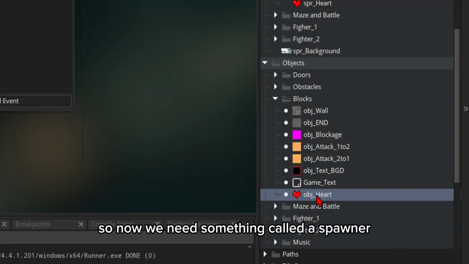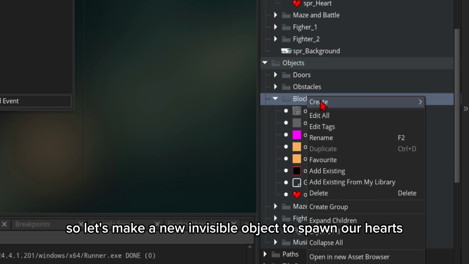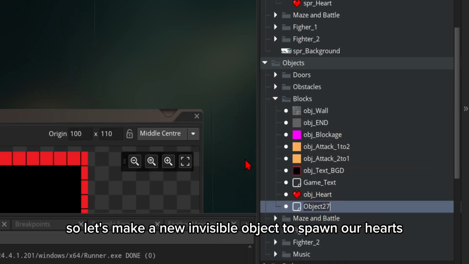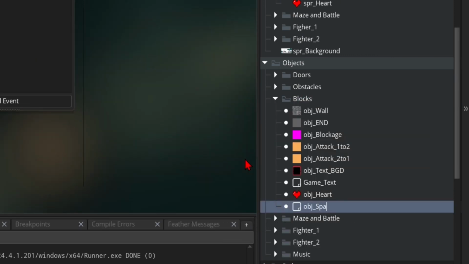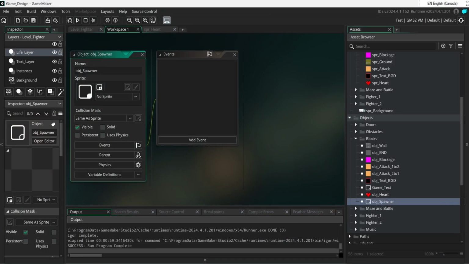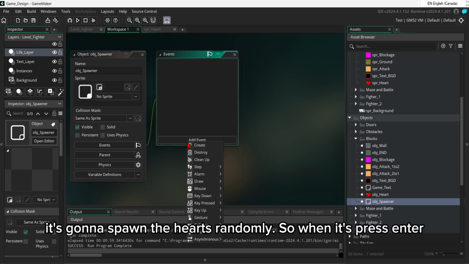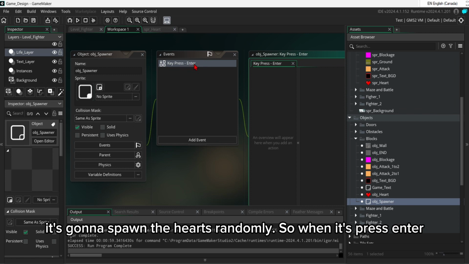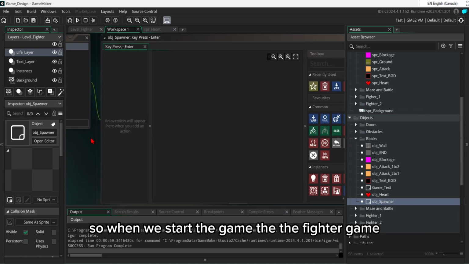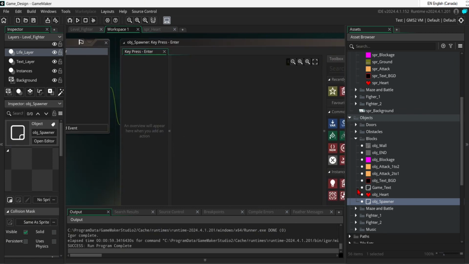So now we need something called a spawner. Let's make a new invisible object to spawn our hearts. With the spawner, it's going to spawn the hearts randomly. So when it's press enter, so when we start the game, the fighter game,